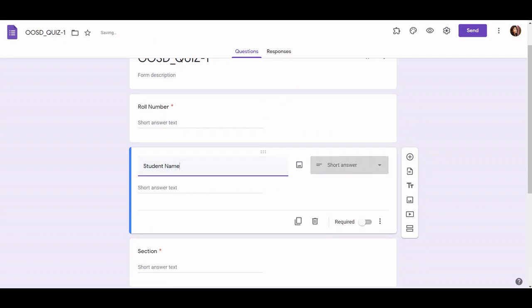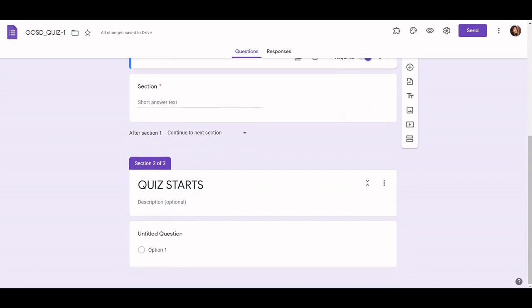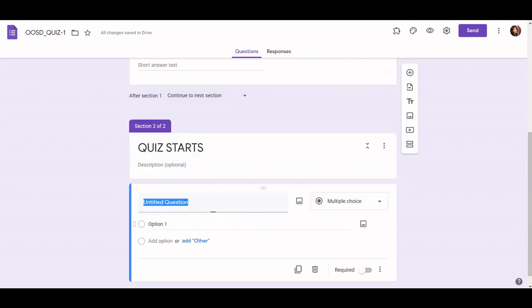I am making all three of these mandatory questions so that the student won't be able to proceed further without giving these answers. Okay, so when the quiz starts, this is the untitled questions section.